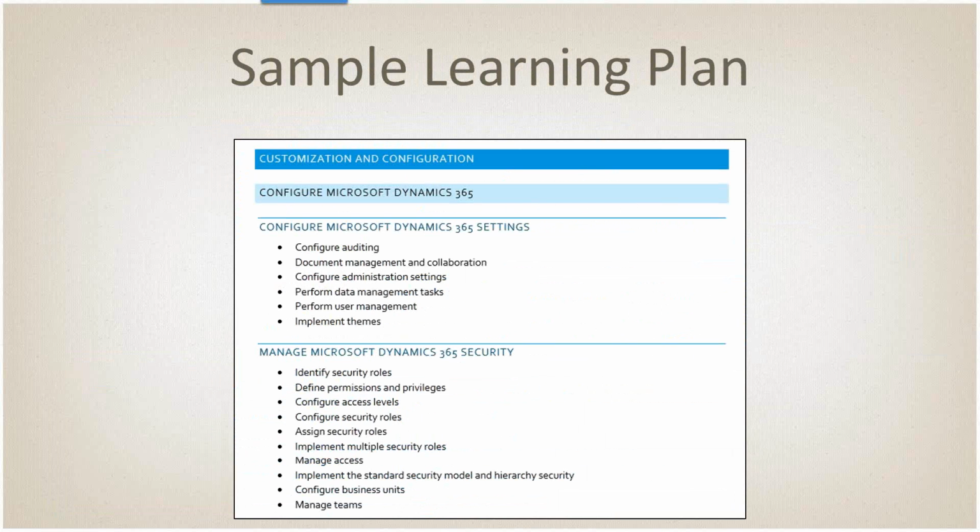So what I would do with this is literally I would go and learn, say, everything there is to know about auditing, okay? There's 4 or 5 things you really need to learn about auditing, how it works, how you manage it, things like that. When I'm done with that, I can put a checkbox beside that item. And I'd say I'm done. And then I go to the next one and I do the same thing. You don't have to go in order. Some of these things are actually built, so you need like the security roles: identify security roles, define permissions and privileges, configure access levels, configure security roles, assign. That is the order in which you have to do those things. The others may or may not apply, so you just kind of have to use some of those things.